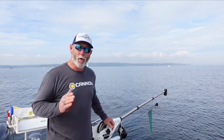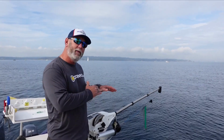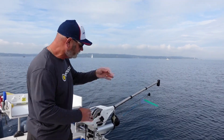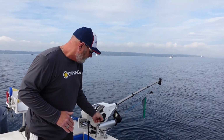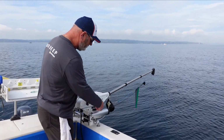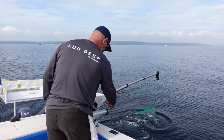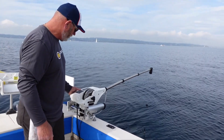Let's go. Okay guys, we're on the water and I just want to show you how the Retro Ease weight retrieval system works out on the water, okay? So the first thing I do is I get my downrigger clip, put that in the water. I will pull my line out of the clamshell so that I'm ready to put my downrigger ball in the water. I get my downrigger ball in the water, I go to water zero,